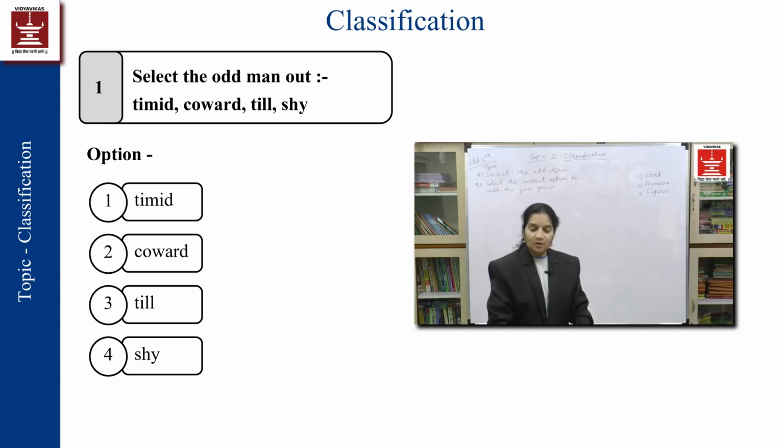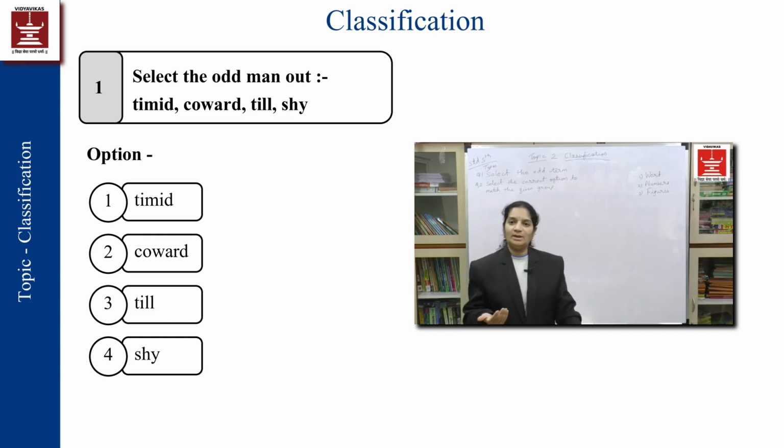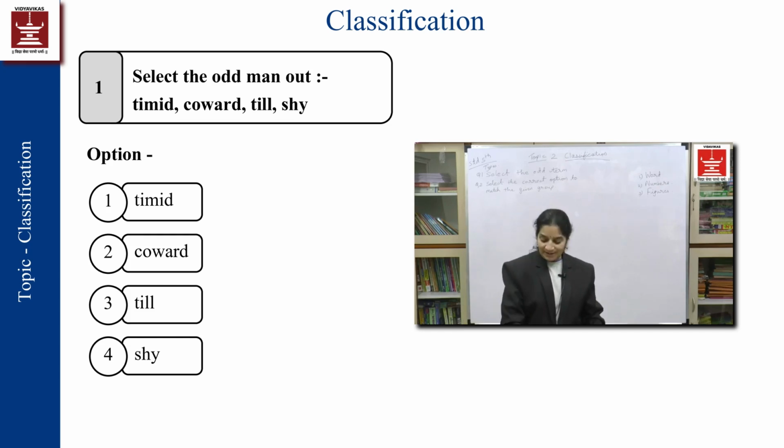So if you just look at all four options, you will see that the words timid and shy are both similar. These two are words which are very commonly used in your textual language also. Maybe the word coward is something which is not so commonly used. But at least timid and shy are the two which are similar. We know them. Now what is the meaning of the word till, T-I-double-L? They are definitely not similar to timid and shy. Is coward similar to it?